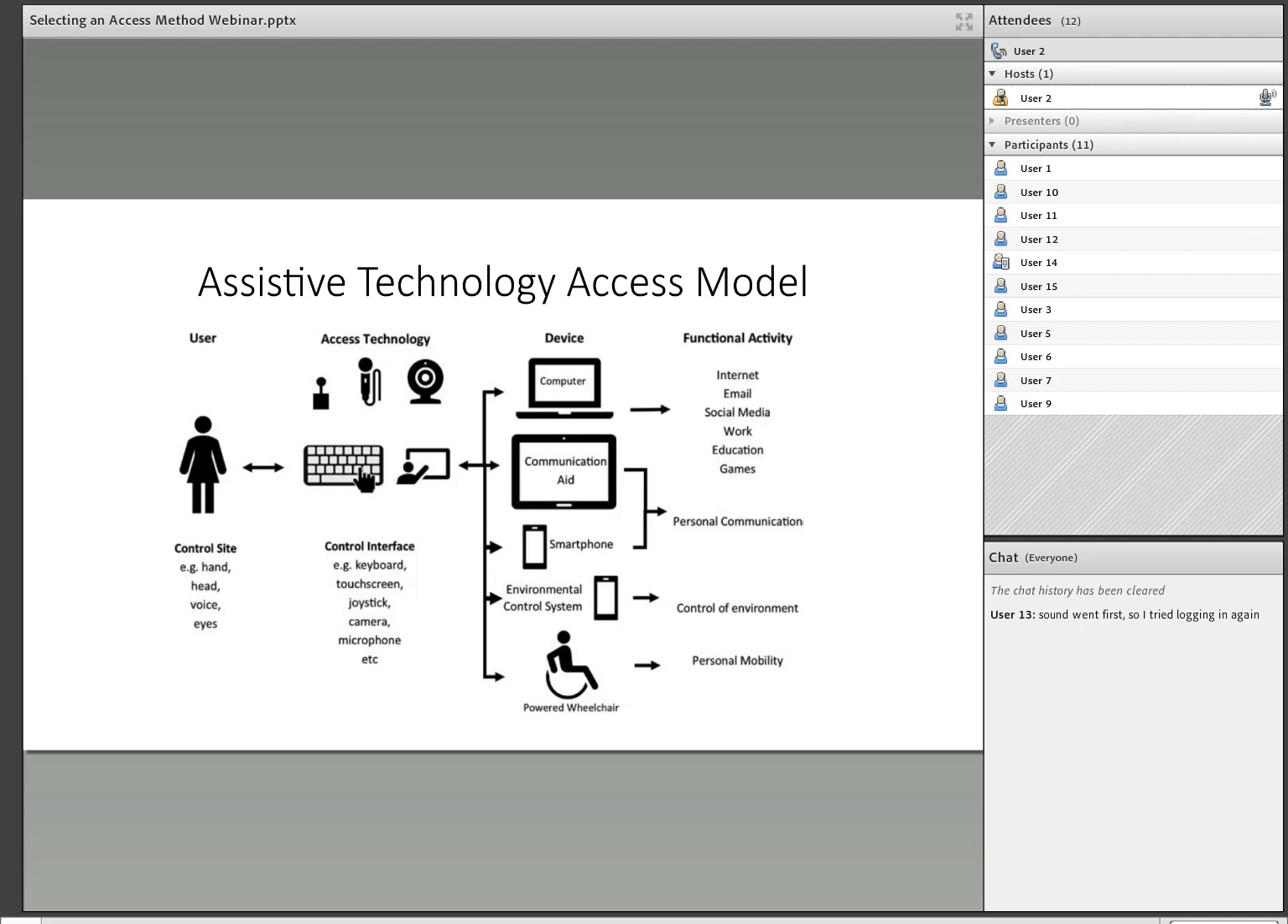The model's been shared by my colleague Paul Nisbet, who has got considerable knowledge in this area of assistive technology, and particularly access, and so he's quite happy for me to share it with you. And really the purpose of it is to show that you can't really think about access technology in isolation. It's part of a much bigger system, as you can see, which includes the user, then the access technology that